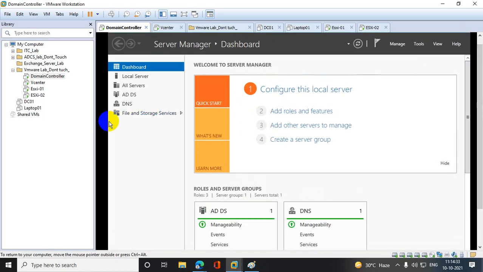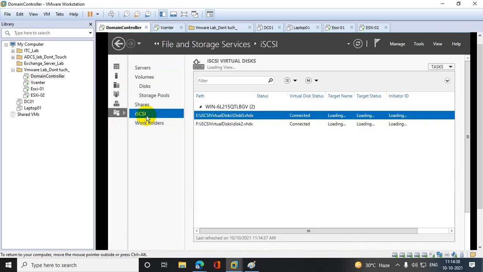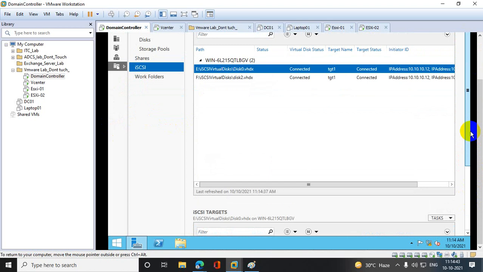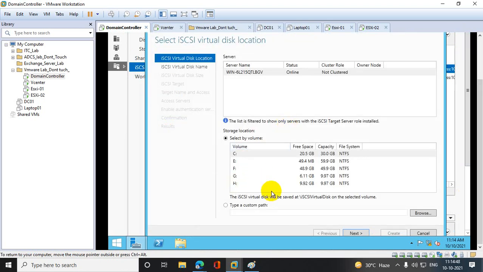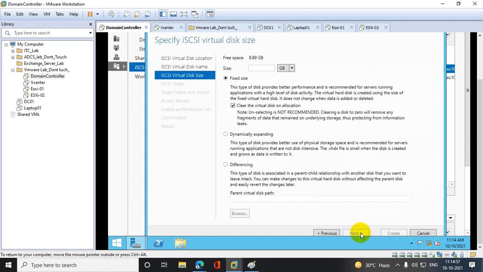For that, here SCSI, use virtual SCSI disk, yeah. That I recently added. Go to next, and let's say it's disk 3. Next, so let's use the same storage, I guess. Okay, so 9.88.